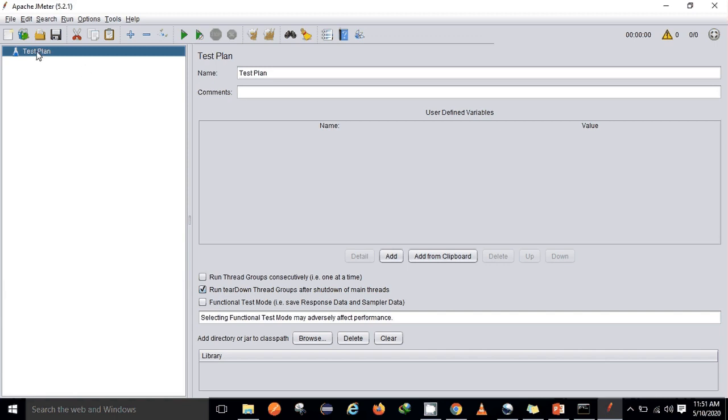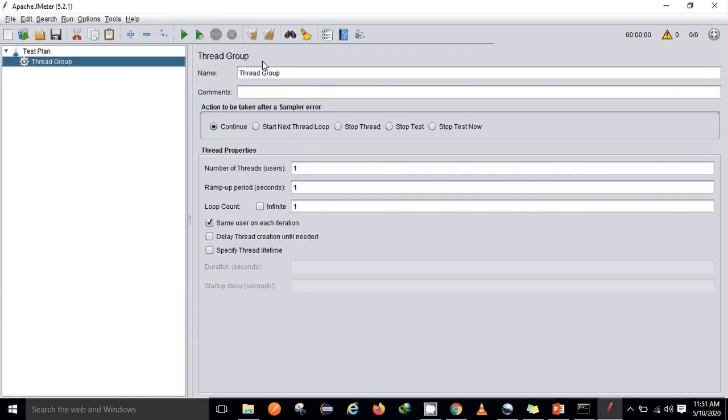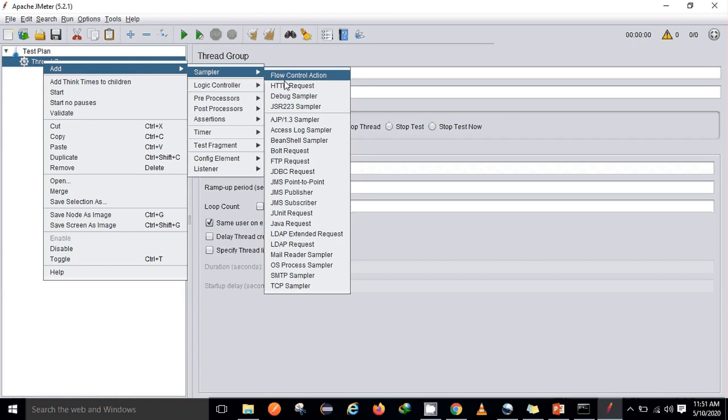So let's go to test plan, right click, and we'll get an option to add. First of all I need threads. Within a thread I'll be using a thread group. After adding a thread group I'll be adding a few samplers. I'll be adding HTTP samplers for making CRUD operations.